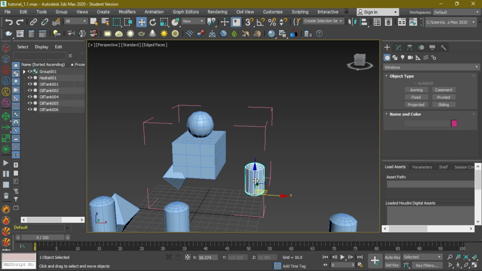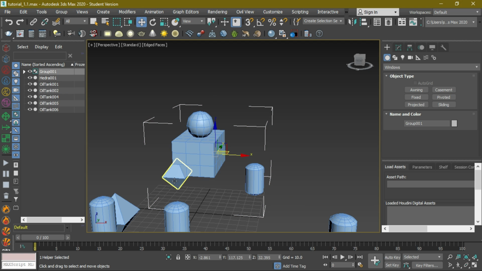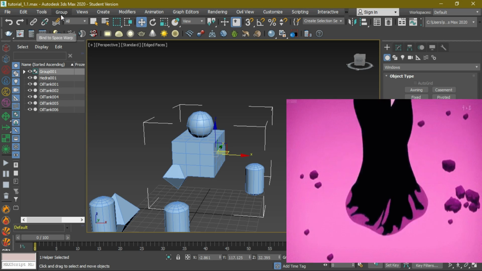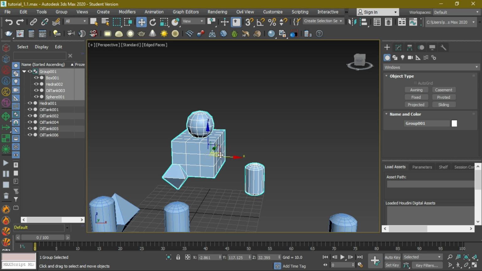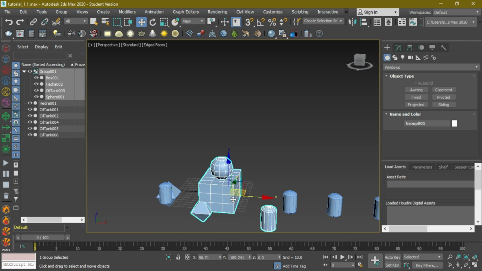First you have the oil tank, you can make changes on that, and later you have boxes. Whatever object you want to make change to, you are free to change now. If you are done with the changing process, let's go to the group again and click on the close. Here you can see the group is closed now, so you cannot make changes individually in this group.